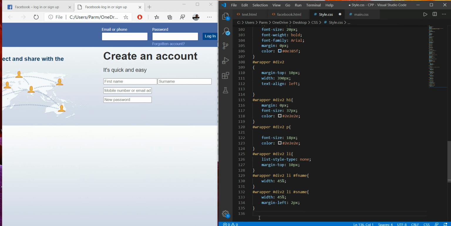Now we have to format this, so here we again go with #wrapper #div2 and the list, and in this we have used input, and here we specify the type equal to text.